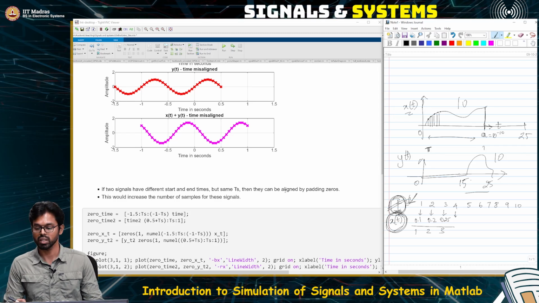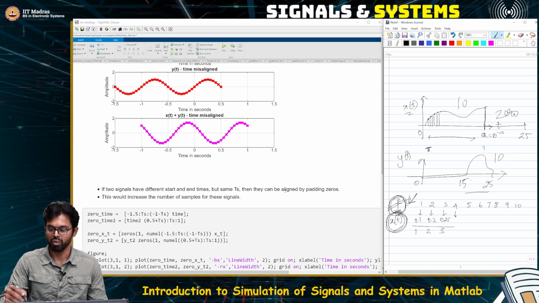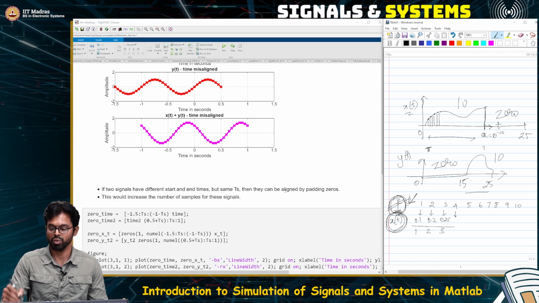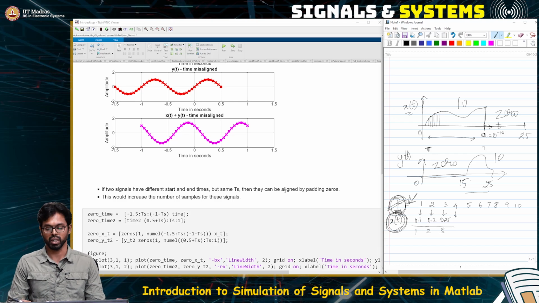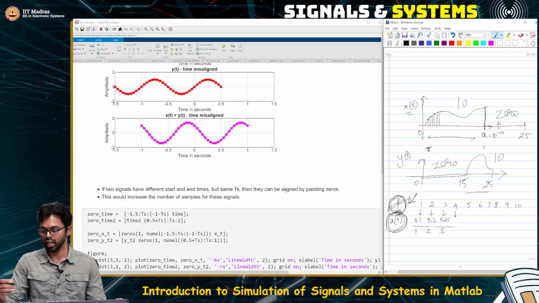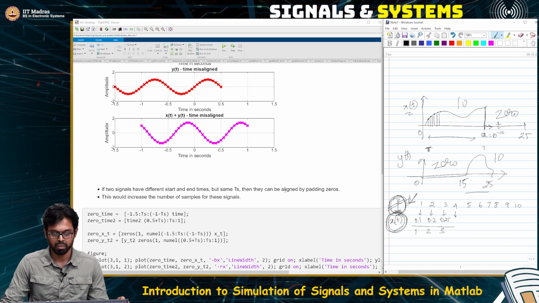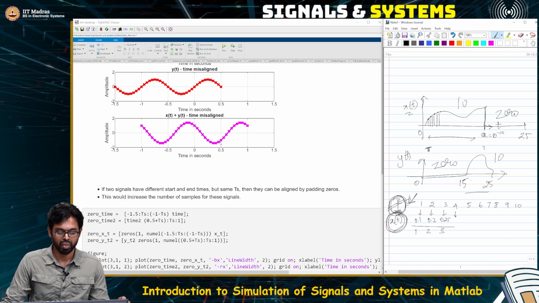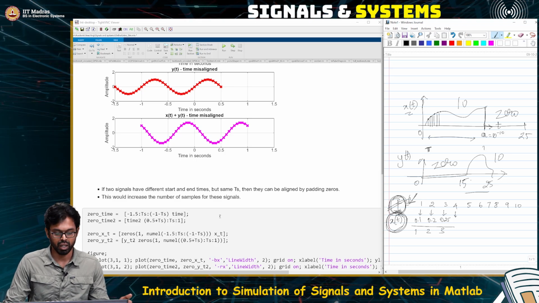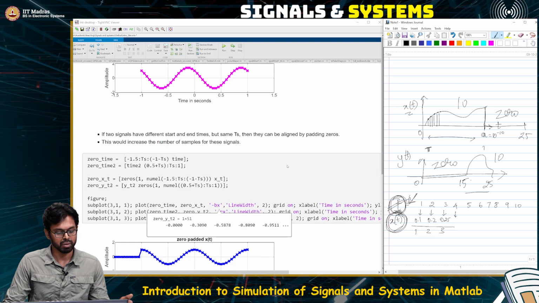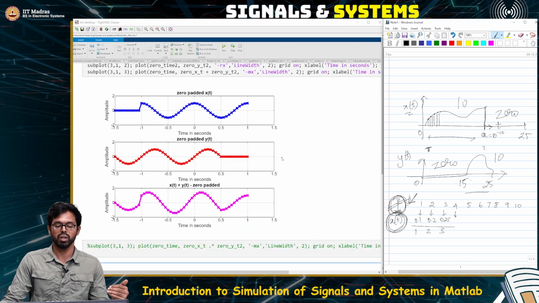If I do this, then essentially what I have done is padding zeros here for x of t and padding zeros here for y of t. Now they are going to start and end at the same time. The starting time is going to be 0 and ending time is going to be 25. Now we have fixed the starting and ending time by padding zeros, and by padding zeros, now everything has been aligned. So once you align and you see what is the sum or product,